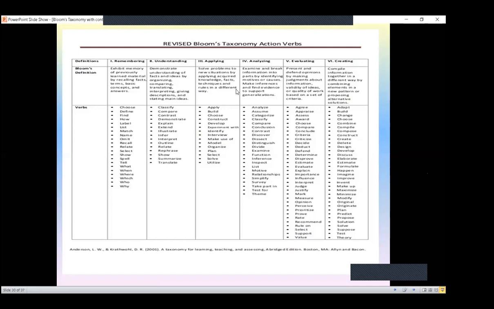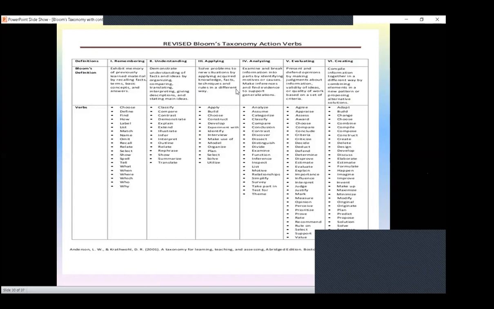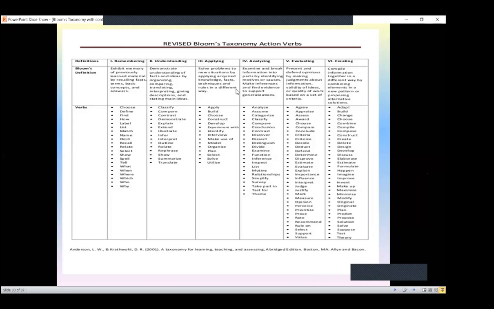So this particular chart is a very, very important chart. You will get this on the net. Basically this is given by Anderson, and it has all the verbs that are given by Bloom's. Using all these verbs, we can create a lot of questions. As Sir rightly said at the beginning, there is a list of questions which are based on all these levels. And we can create our own questions for our question paper, which are based on all these levels. Just pick up the verbs from this chart and try to construct your own question.